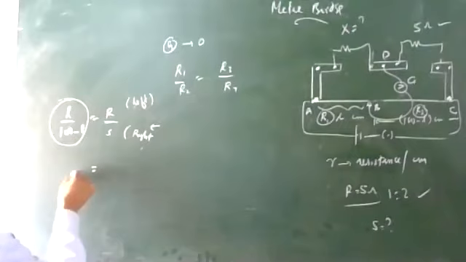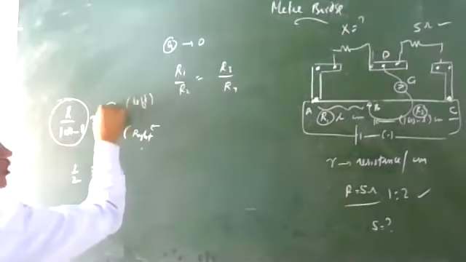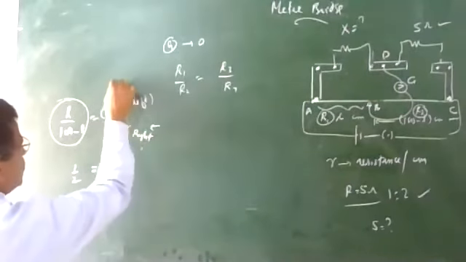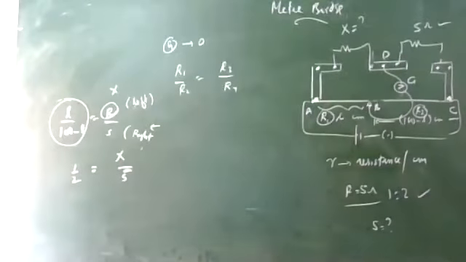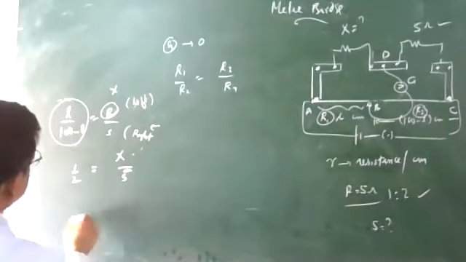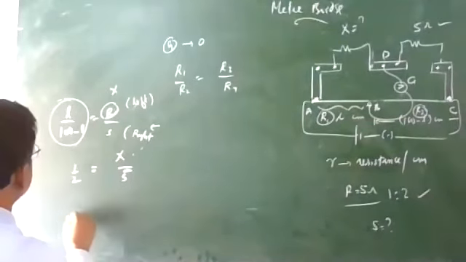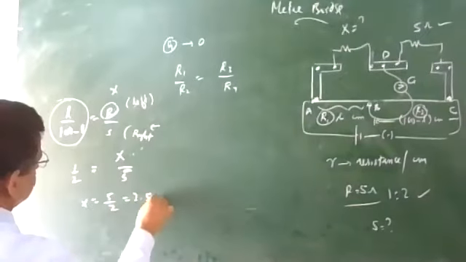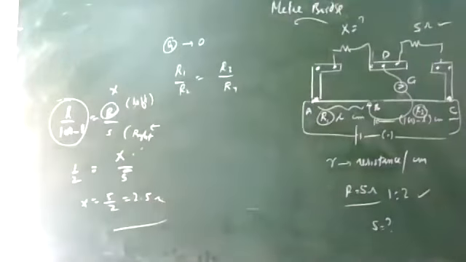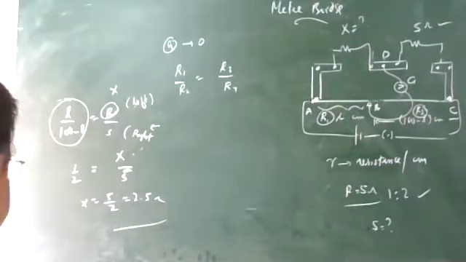Here, the ratio is again 1:2. But here you know the left gap has X, and on the right gap that 5 is 1. So this is the way it changes when you change from right to left. Okay, so we are getting X is equal to 2.5. The bridge is balanced. So Wheatstone bridge in balanced condition.